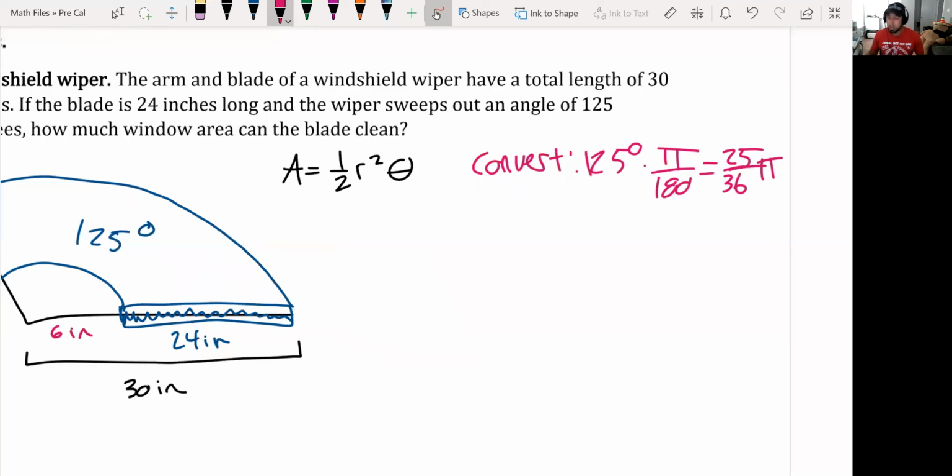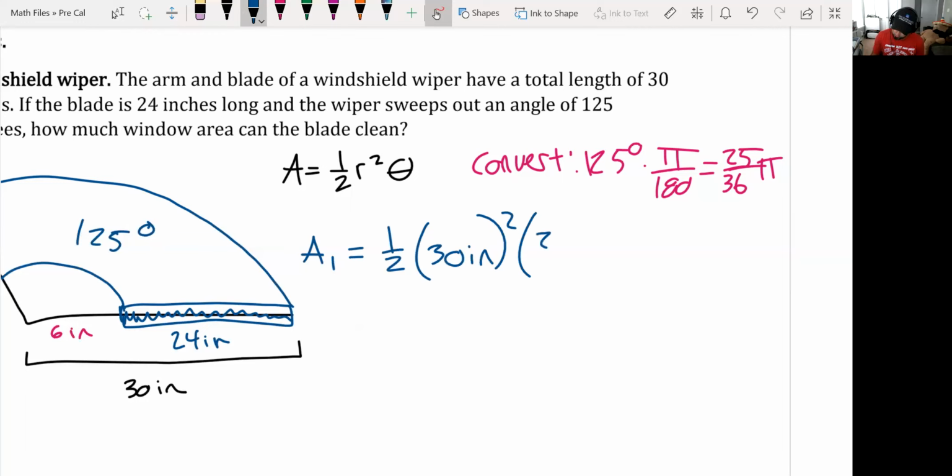Okay, so let's find the area of the wiper blade, which means we'll call this area 1. And I'll have 1/2 times, let's see, is it 30? Actually, yeah. To find the area that it cleans, you don't want the blade exactly. You want the area of the arm and the blade. So you're going to have 30 square inches times 25 pi